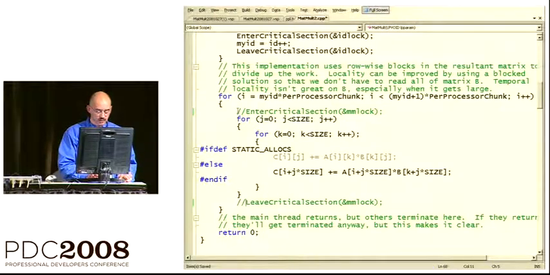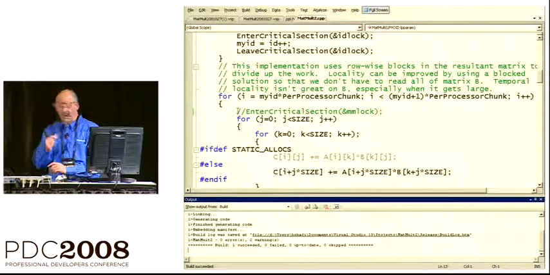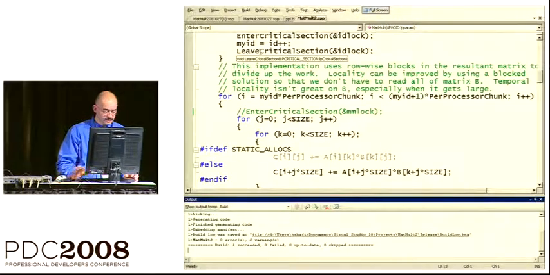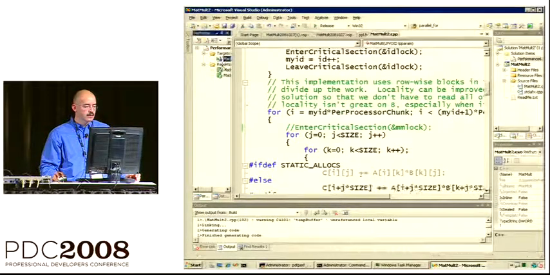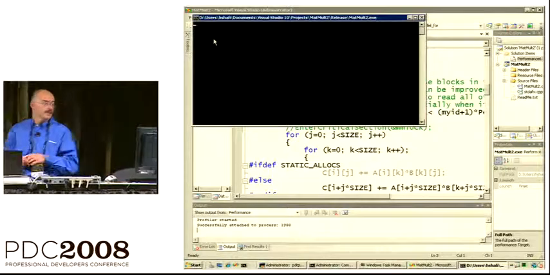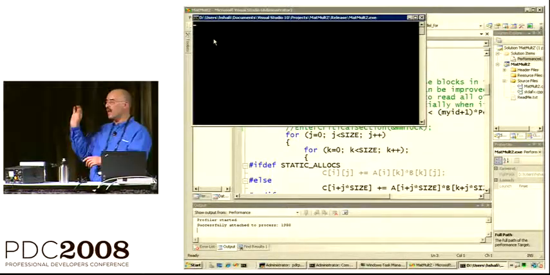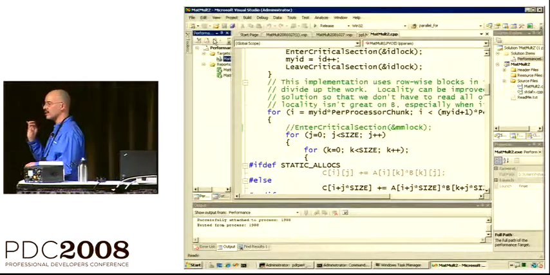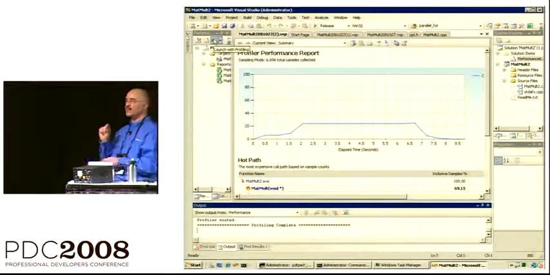So I'm just going to take that critical section out and go ahead and run again. Again, I'm running with the release version, right? So hopefully it'll finish much faster now. And the fact that we're running the release version is actually really important. When you're dealing with parallelism,